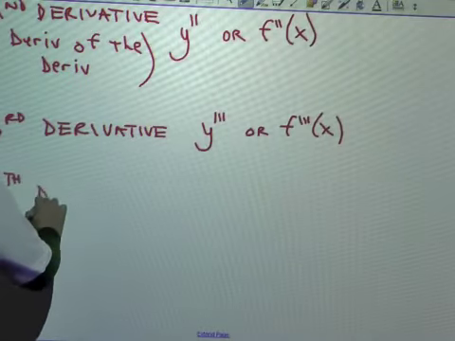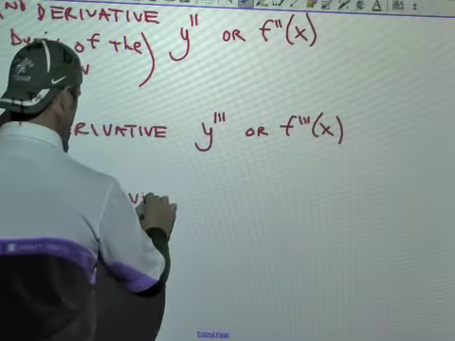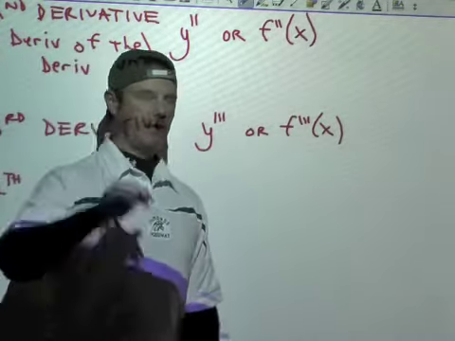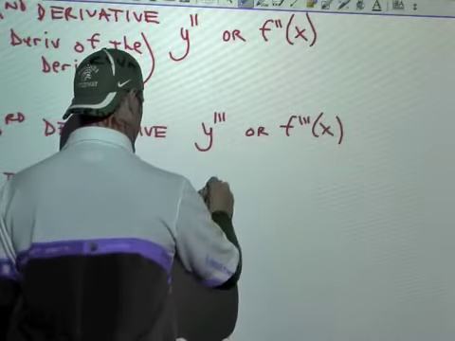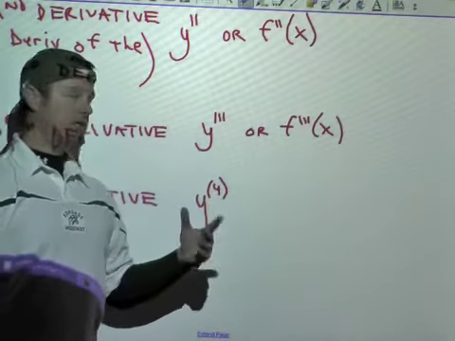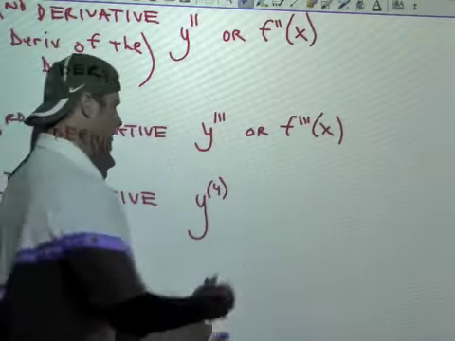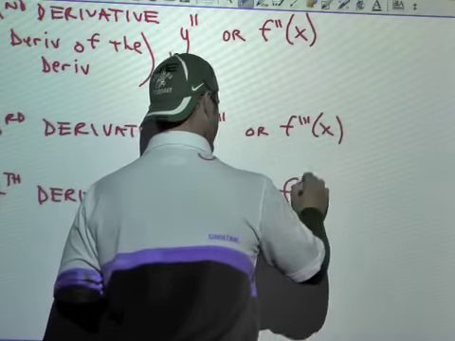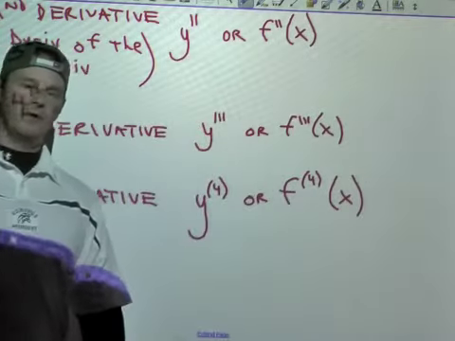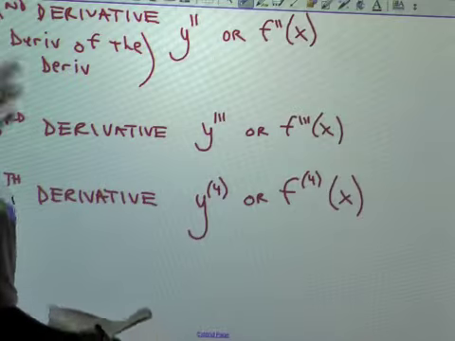Fourth derivative, instead of putting 4, after a while it's not going to be enough room to write all those tick marks. So we just write the number in parentheses. Now, since it's in parentheses, that differentiates it from y to the 4th power. This means fourth derivative. Or you'll also see f 4 of x. And that means fourth derivative. Okay? So let's do just one last example, finding multiple derivatives of the